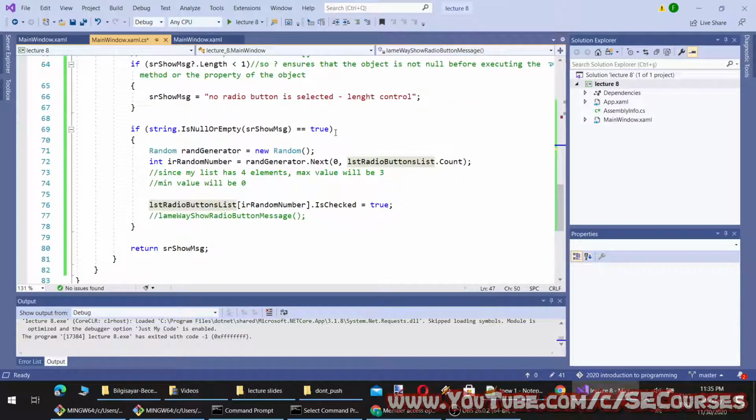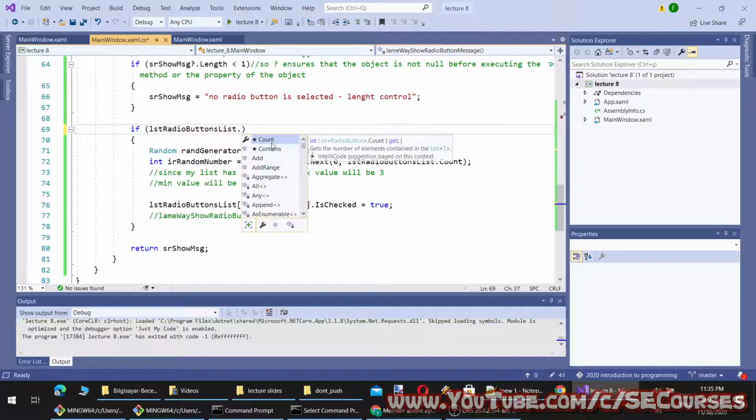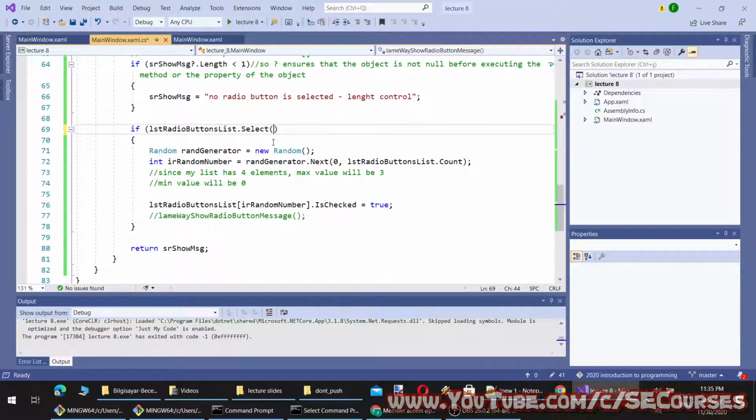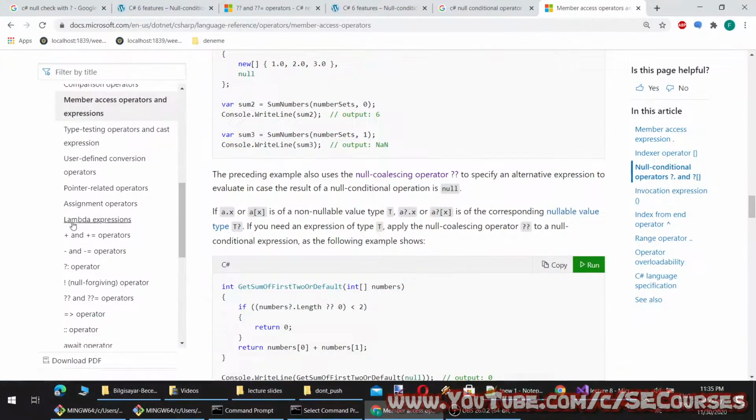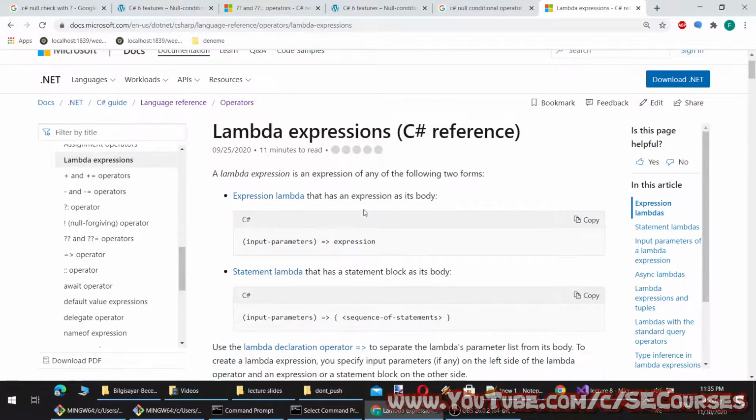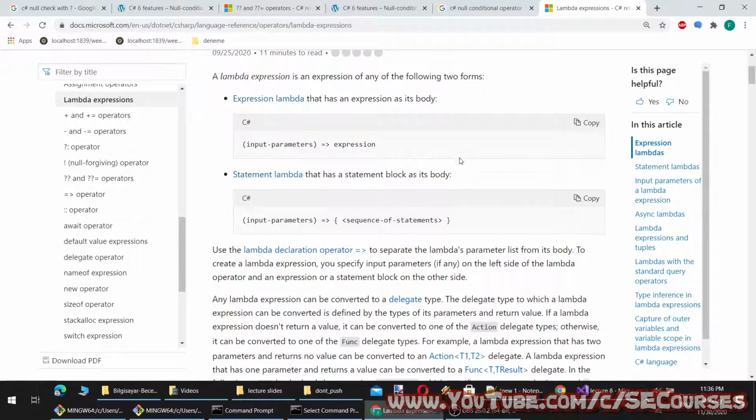I can use like this. Select, let's say, or yeah, we can use select. And I will use a LINQ query here. This is a LINQ query expression, which is shown here, lambda expression. You can read about lambda more here.